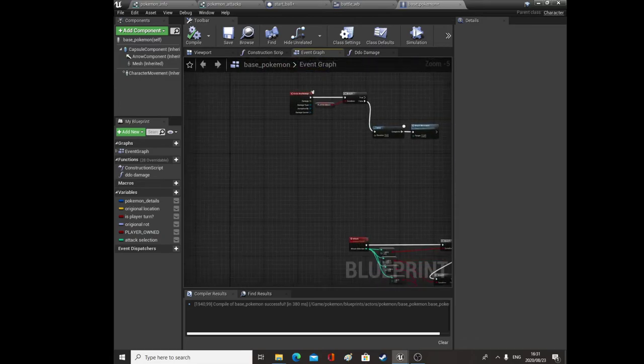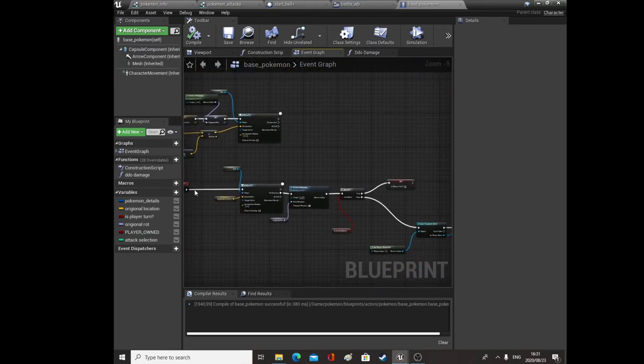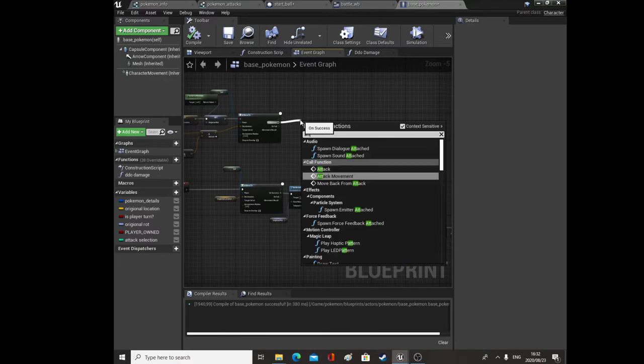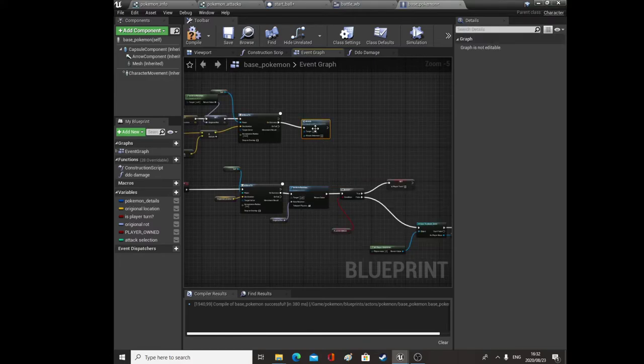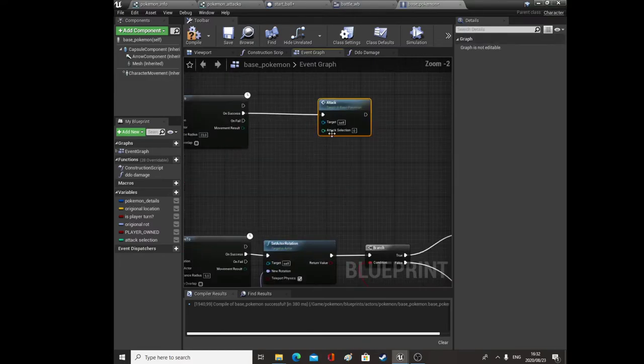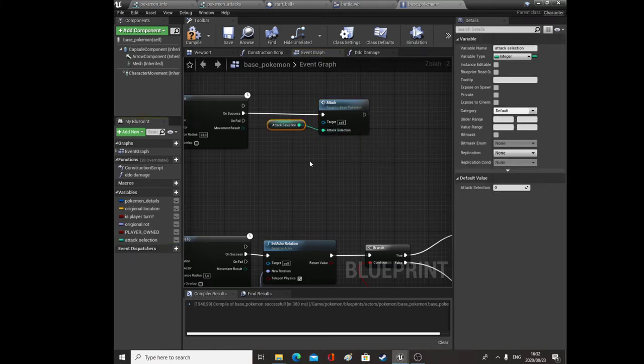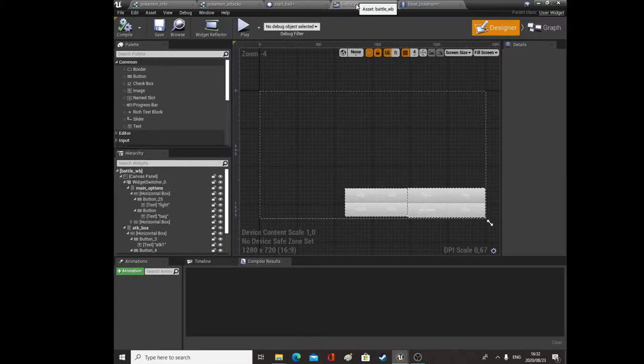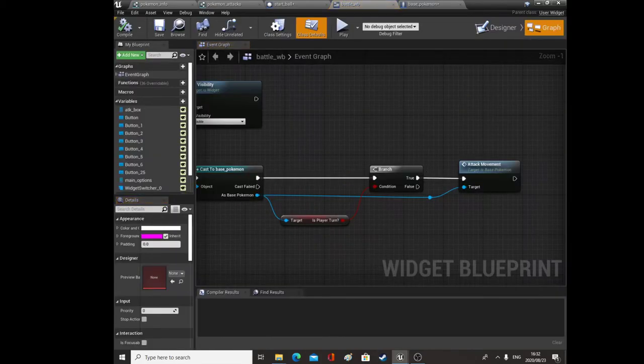So on success we're going to call attack. It's actually a function, so we'll just type in attack, and then the attack selection, we'll just plug in our attack selection. So we did end up using it. Well done. Okay, compile, and then we'll go back to our base WB, go to our graph,